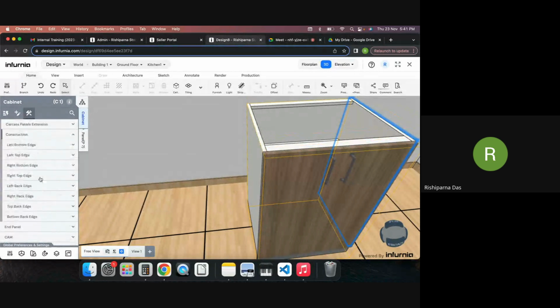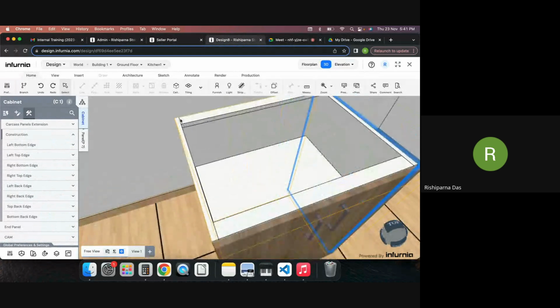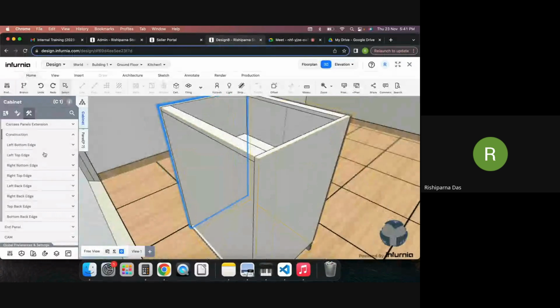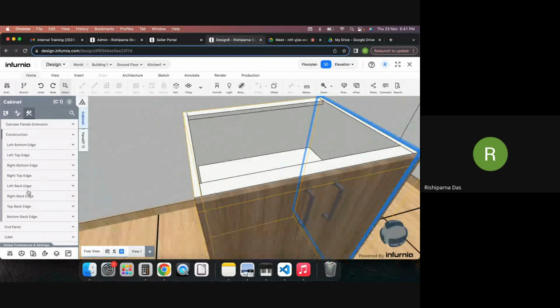Then comes your constructions. If you want to have a construction which is slightly different, because let's say some people want to have these patta till the end and the panel after that, whatever construction you want, right? So you can actually create it accordingly. So let's say